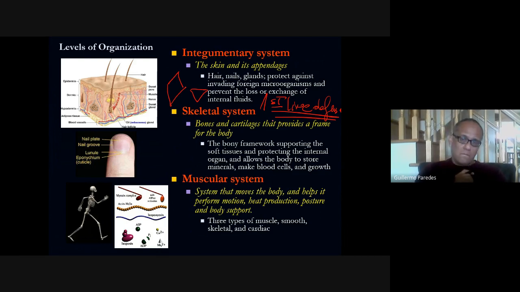Okay. Skeletal system: imagine yourself without bones. You have bones in your hands and your cranium. Imagine you don't have bones. What is going to happen? You're going to be like a big amoeba, right? You don't want to be a big amoeba. You want to walk, you want to run. What are you going to do? Crawl. Because bones give you locomotion, and they give you protection